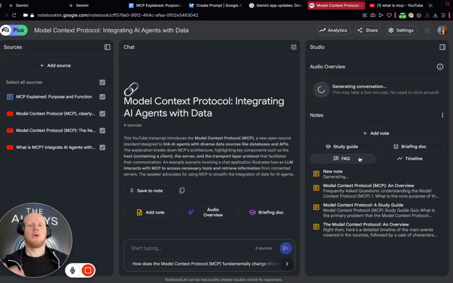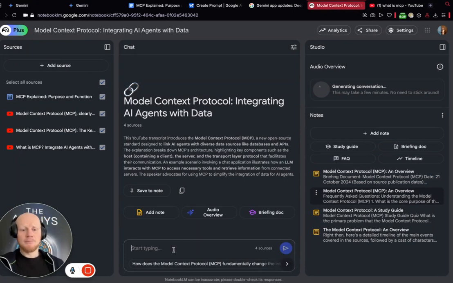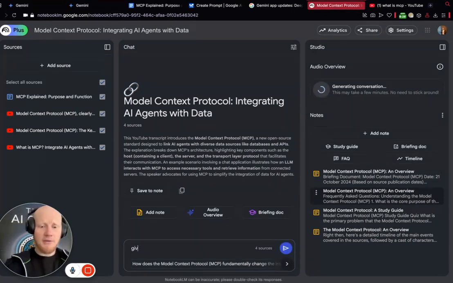Rather than having to go through and read all of these different documents, which I will do anyway, I can put all of that information into a Notebook LM and say, give me a simple explanation of MCP. I can't spell, apparently. Do you know what? I'm going to right click it. It will know, but I'm going to do that.